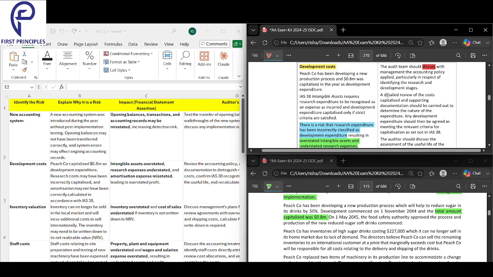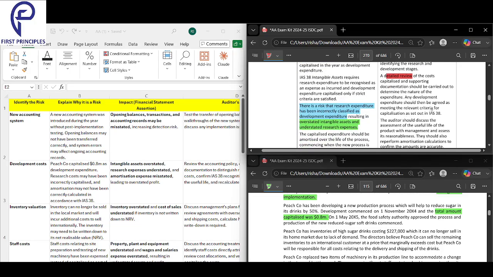Second, you will do a detailed review of all the costs that were capitalized. Whatever cost was capitalized, see whether it is correctly capitalized or not. If some things are not correctly capitalized, request the management to please remove this.